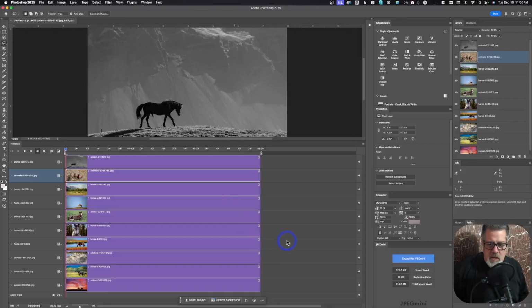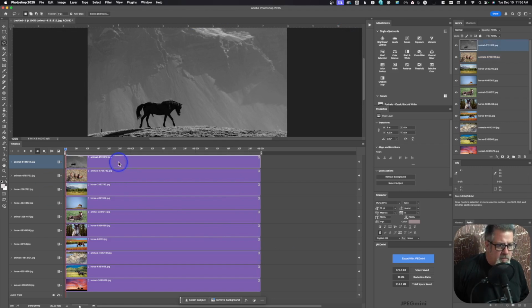All right, so now that we have resized all of our images and that they're the same duration, what we need to do is organize them so that each one plays for 3 seconds. Because right now they're all playing on top of each other and you're only going to see the one image and the whole video is only going to last for 3 seconds. So we need to reorganize them and put one for 3 seconds, another one for 3 seconds. And the way we do that is if we come up here, and we click on this image right here,